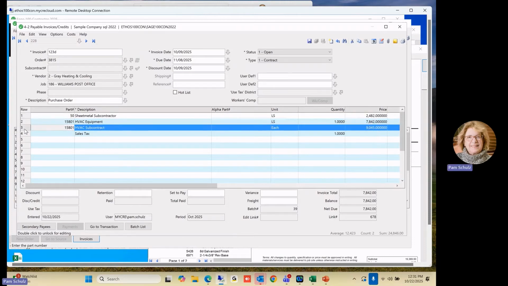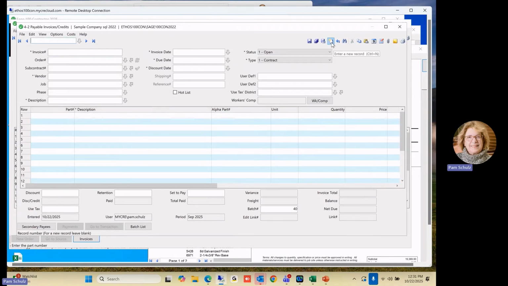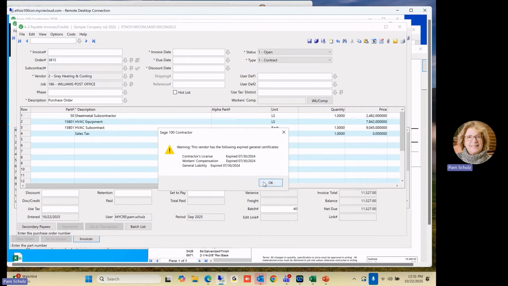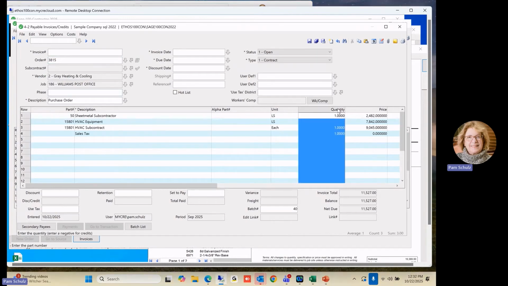A very handy thing to know is that the next time that this purchase order is referred to in an accounts payable invoice, only the remaining amounts on the purchase order will come into the quantity column. This means that it becomes almost intentional for you to have to exceed the amount of a purchase order. Also valuable to know is that a fully filled out purchase order with the general ledger account, the cost code, the cost type, and the job